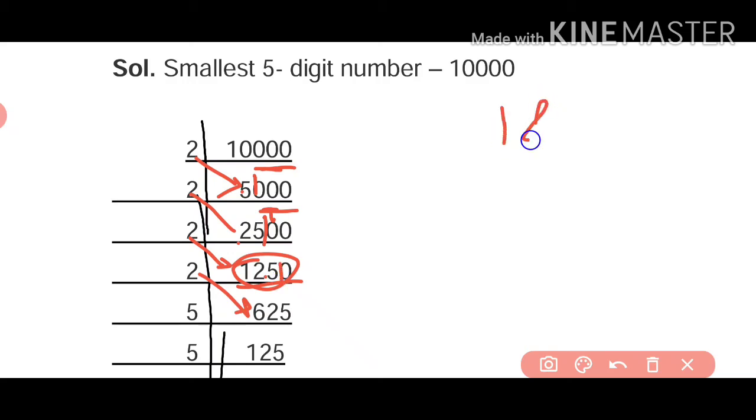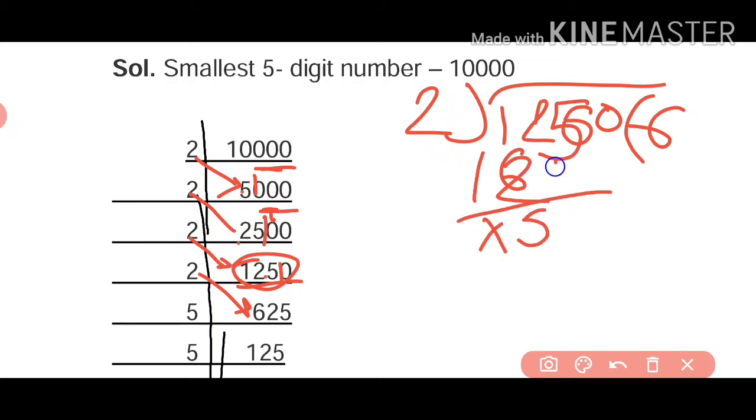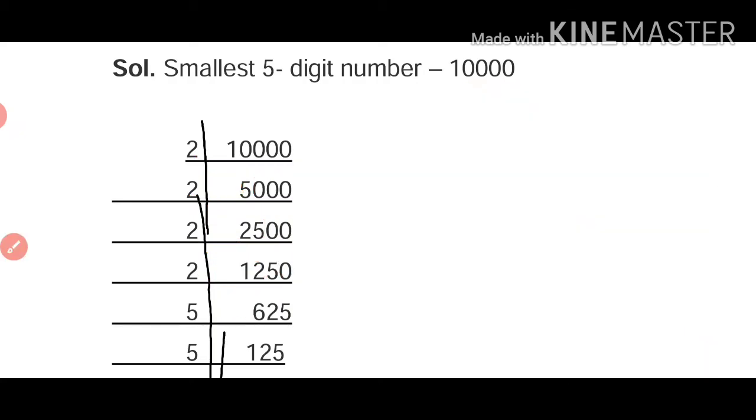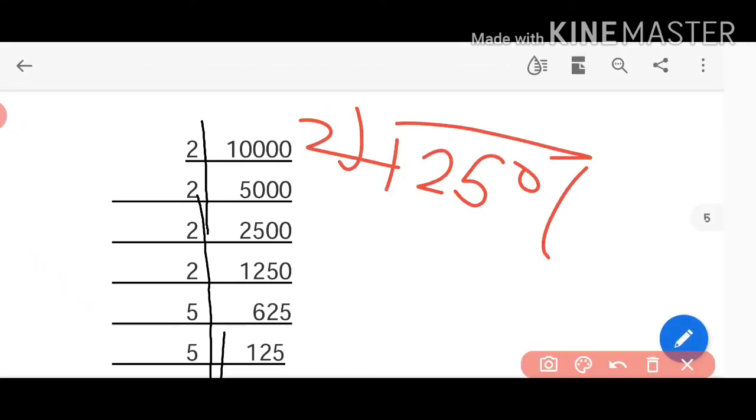If you do not know how to solve it directly, you can find it like this, by dividing by 2, by this division method. So 2 6s are 12, 2 2s are 4, 1 is left, and 2 5s are 10. It means if you divide 12,050 by 2, you will get the answer as 625. Then after this, it is an odd number, it means it is not divisible by 2, so we have to